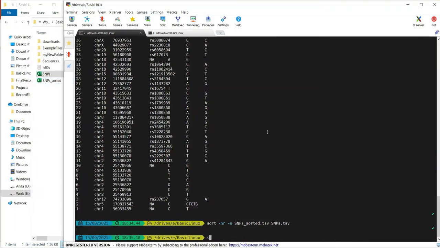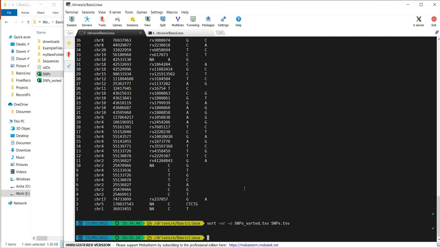The sort command does not actually change the input file; it just sorts it in ascending order. So here, if I just type the name of my input file and do not give an output file name, it will just show the result on your screen, but it will not actually sort the file. To save the sorted results, you always need to give a different output file, so that it creates a separate sorted output file.